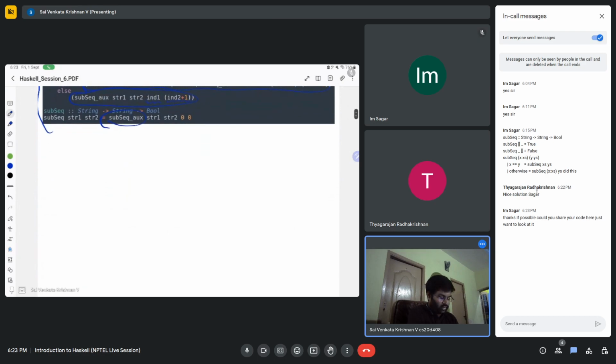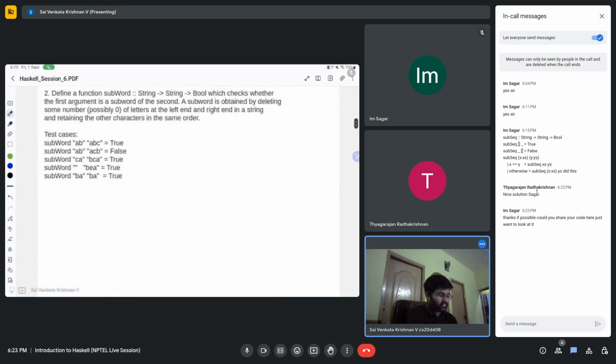second question. Define a function subword which takes two arguments, string and string, and checks whether the first argument is a subword of the second, by deleting some number of letters at the left end and right end in a string and retaining the other characters, right? For example, they have given some test cases. Subword of AB and ABC is true because AB is present in ABC,